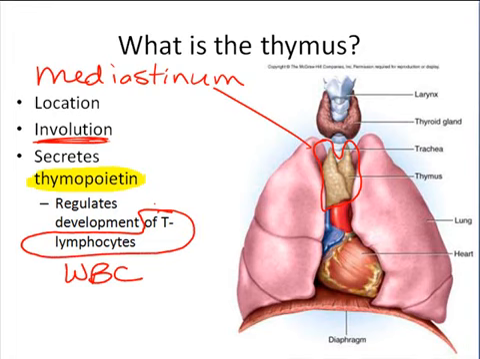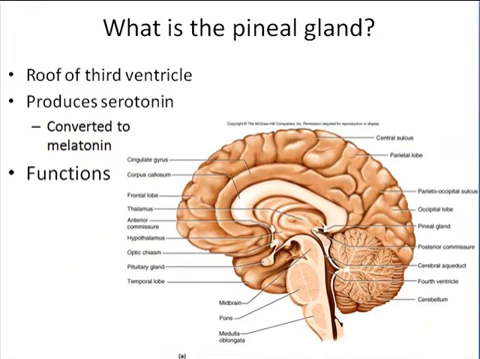If an individual is born without a functional thymus or with a thymus with reduced function, it means their ability to manufacture functional T lymphocytes is greatly reduced or eliminated, and as a result, their immune system is severely compromised. Last one I'm going to talk about very briefly is the pineal gland, or the pineal